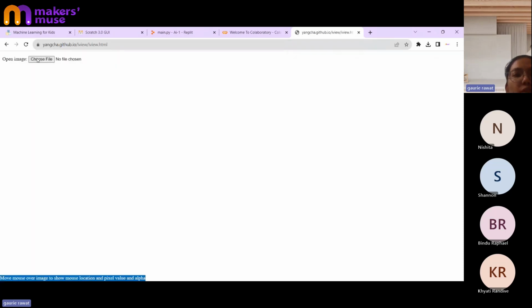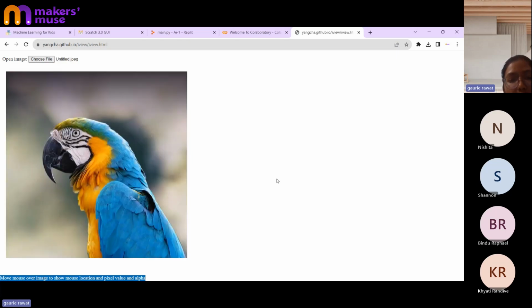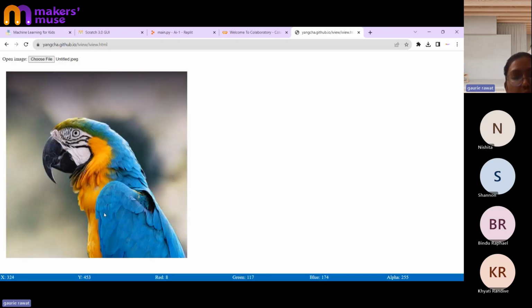So we have this website known as Yamcha. On this website, I'll upload this image. Wherever I move, you can see four things at the bottom. One is the X coordinate, and the Y coordinate. At the top left corner you'll see 0, comma 0. If I go diagonally, at the last pixel it would be around 600, as I mentioned. Since it's a curve, we are not getting the exact number, but approximately it's the same.